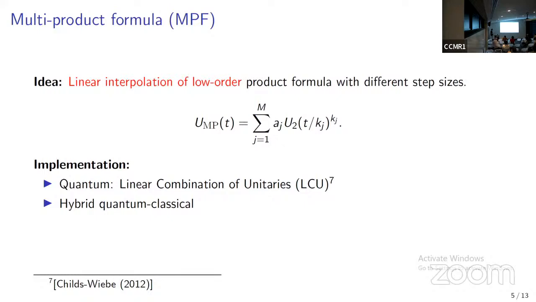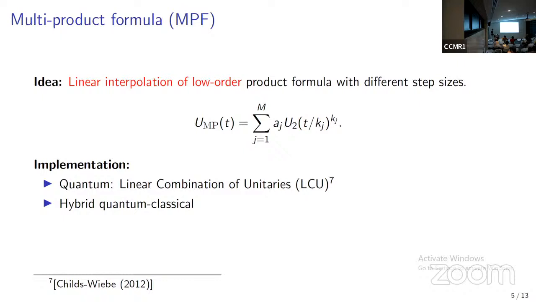It is t divided by this integer k_j, and we will choose different values of this k_j. Then for this U2 to the power k_j, it's just a second order product formula with different time step sizes. And then we take the linear combination of all of these formulas,